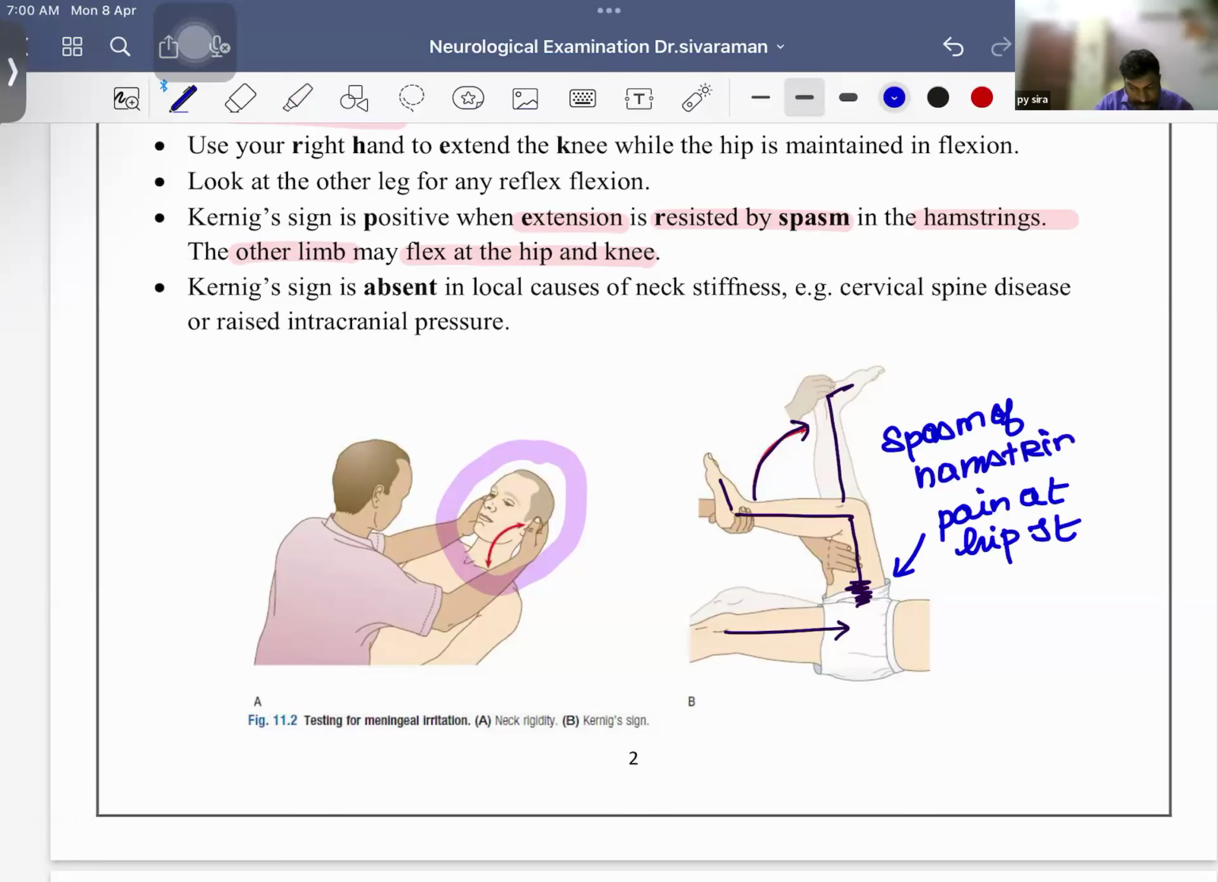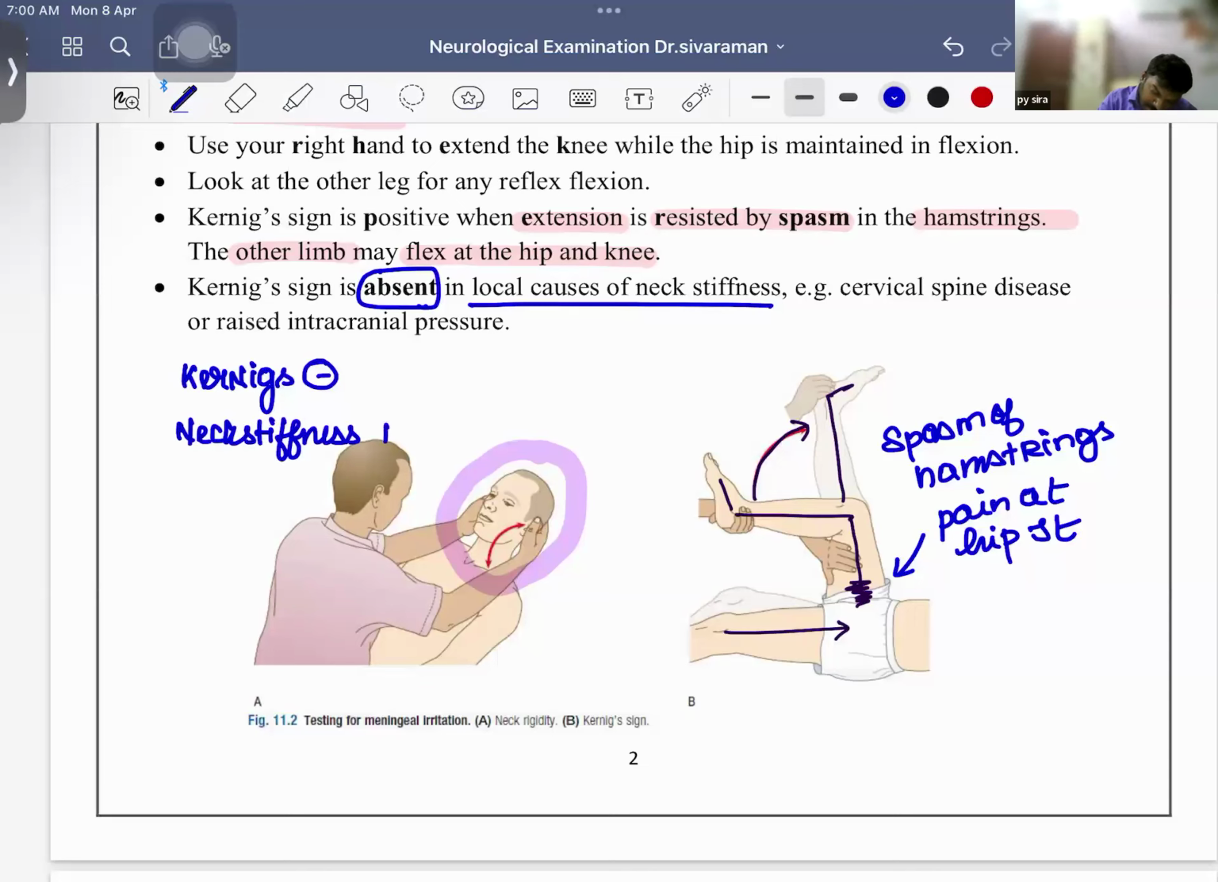The hamstrings will be tight. Whenever Koenig's is absent, it means that the neck stiffness is due to a local cause. Whenever the patient has Koenig's negative but neck stiffness present, then it is due to